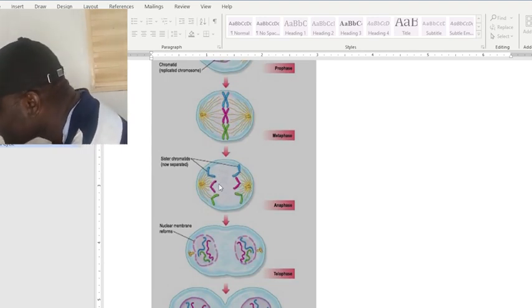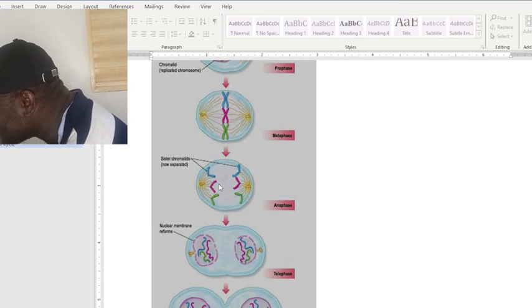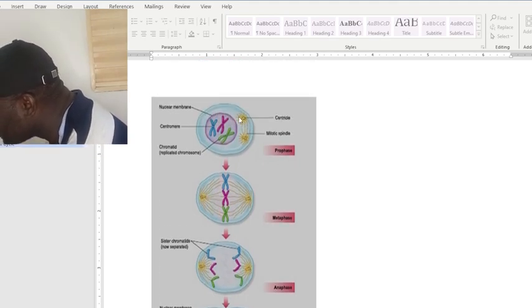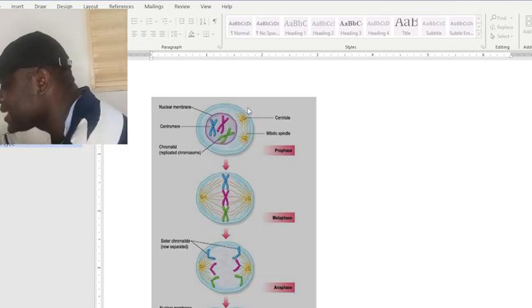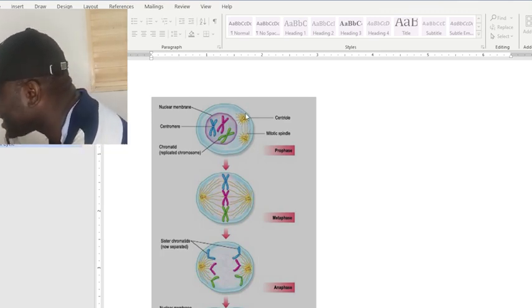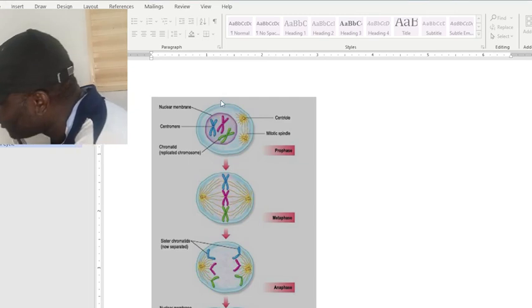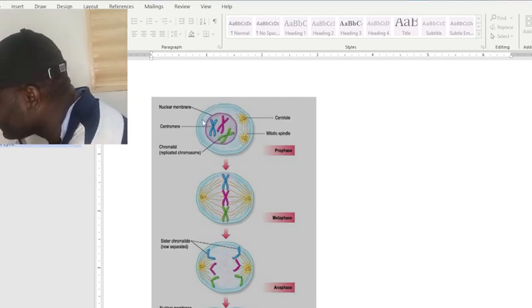So at the metaphase, the chromosomes align at the center. The replicated chromosomes, you will see that this is blue 2, this is pink 2, this is green 2. They align at the center. Then in anaphase, they have to move to the opposite end. So here they separate and move to the opposite end of the cell. When this is done,